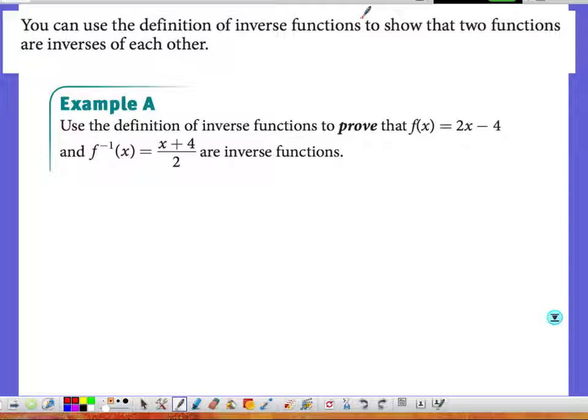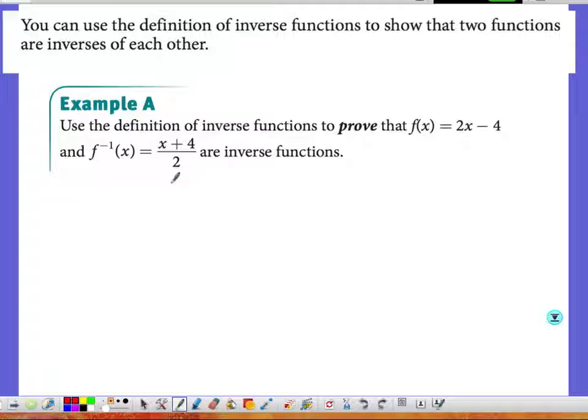It begins by saying you can use the definition of inverse functions to show that two functions are inverses of each other. Example A. Use the definition of inverse functions to prove that f of x is equal to 2x minus 4 and f inverse of x equals (x plus 4) divided by 2 are inverse functions. So remember, these are the functions that we used in the previous lesson,